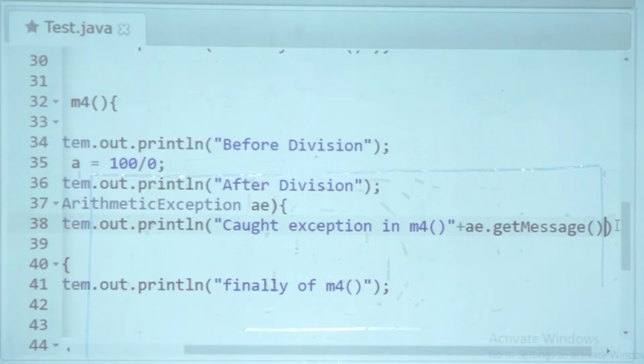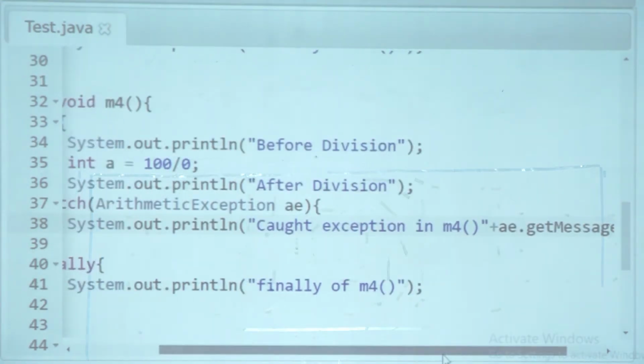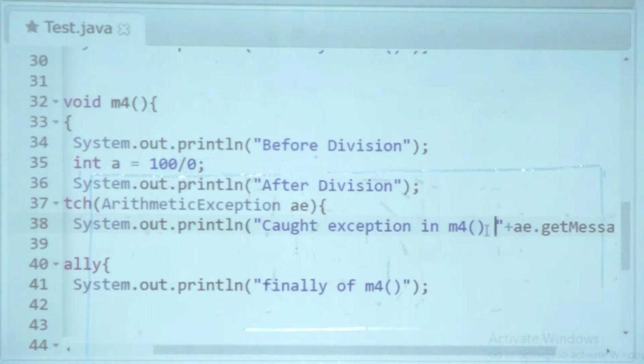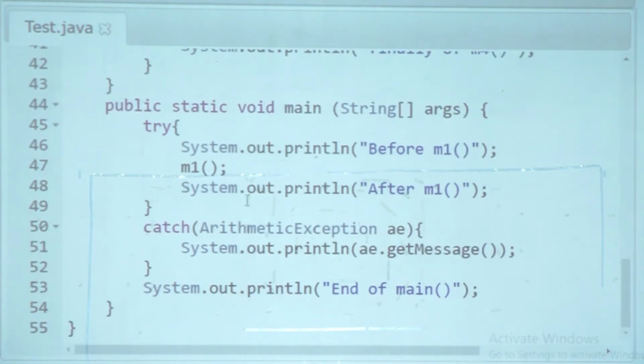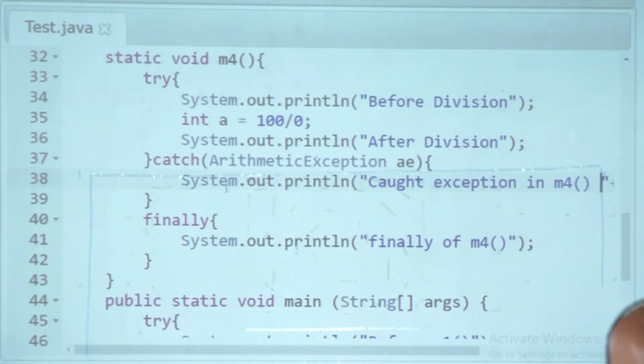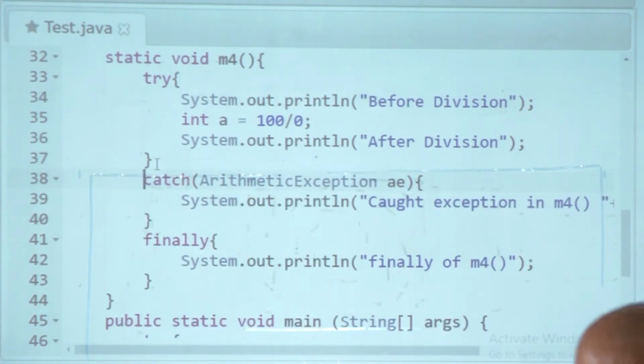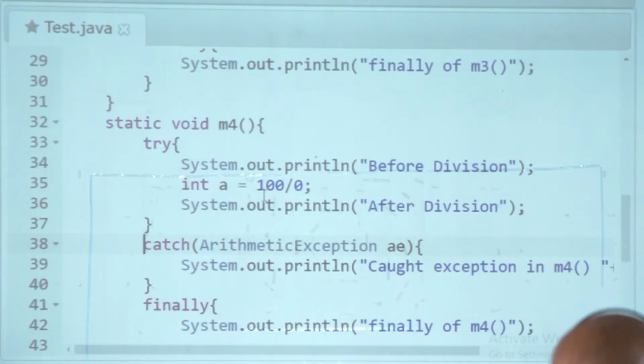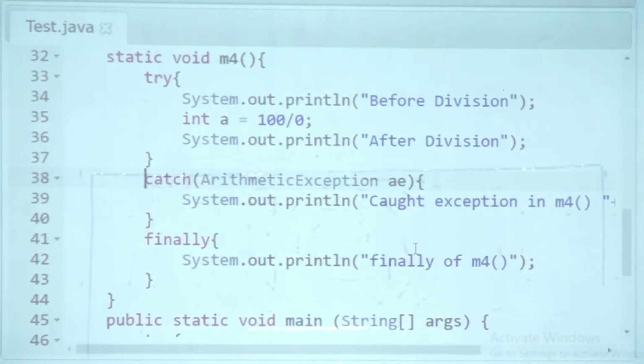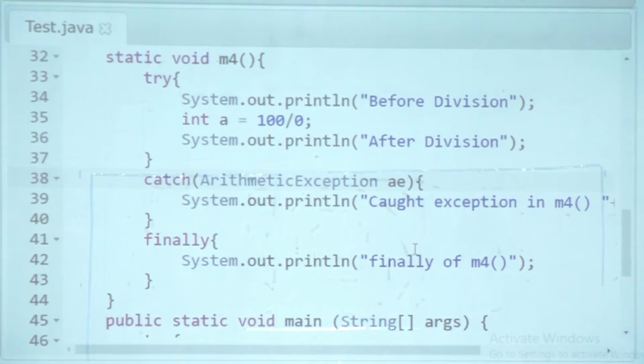Now let's theoretically first understand what we expect to see, and then let's experiment and check whether that is what we really see. So let's go through. What will happen? All the before methods will be called. So we'll have before M1, before M2, before M3, before M4, before division. All of this will be called. There is no surprise with that. Now there are 5 outputs already on my screen, all the befores. Now there will be an exception on line 35 as usual, and line 36 will obviously not be executed.